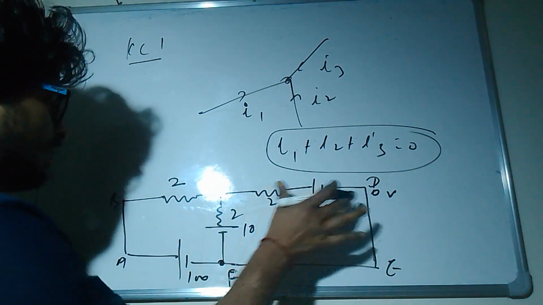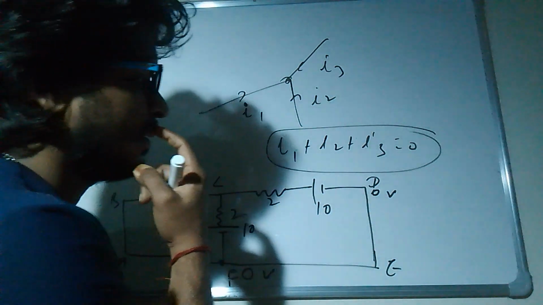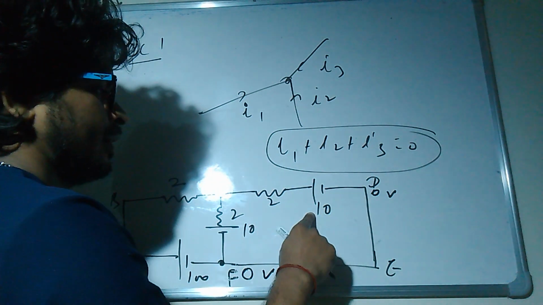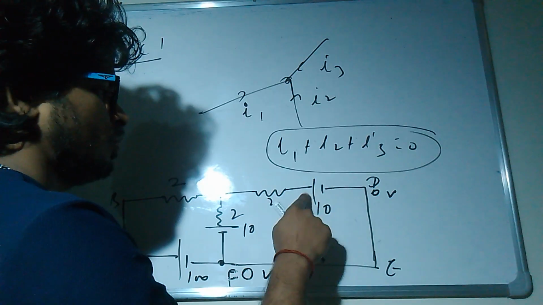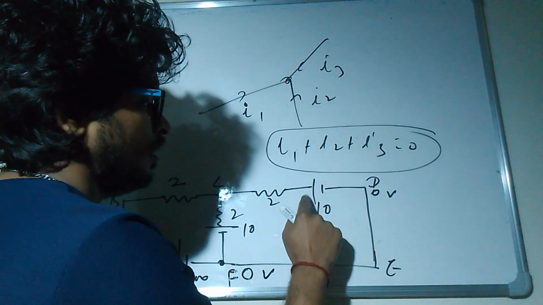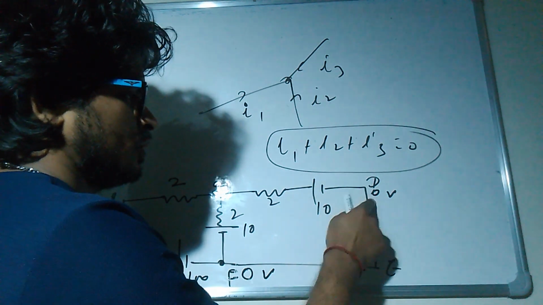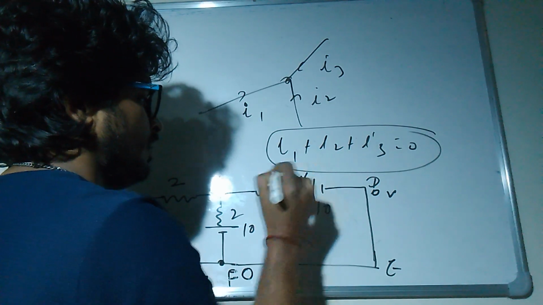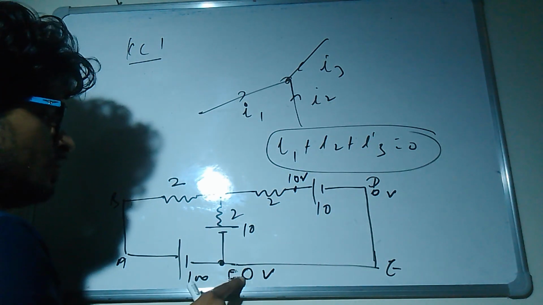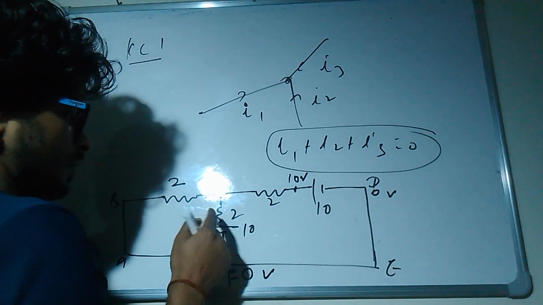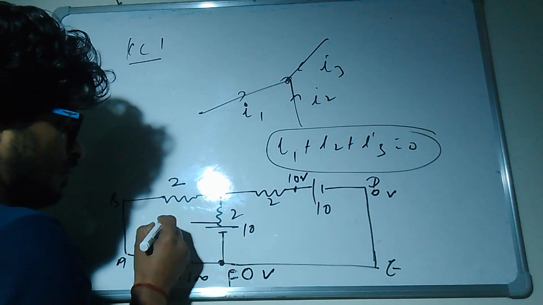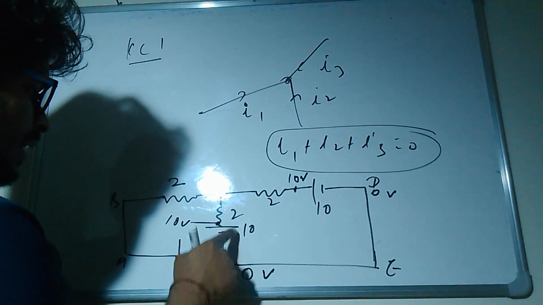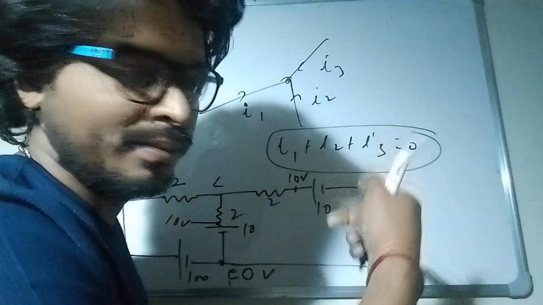Now try to write the known voltages and put the values at the other points. This is 0, this is 10 here, this is plus and this is minus, so you have to consider that later. Second terminal, so 0 plus 10, here the voltage will be 10 volt. At this point it will be 10 volt, because this is plus, so I'm adding this. Always consider the secondary terminal.